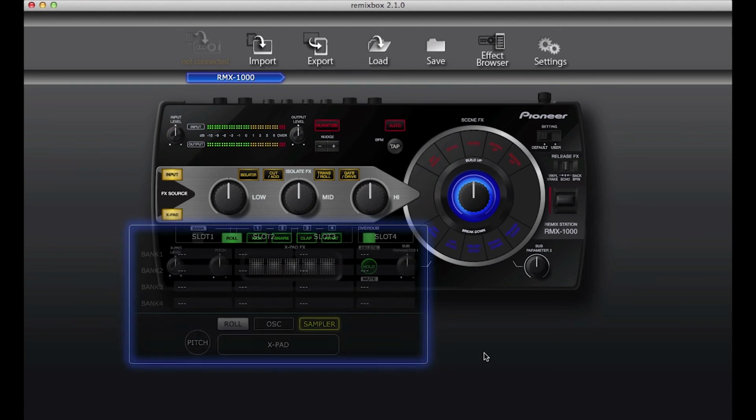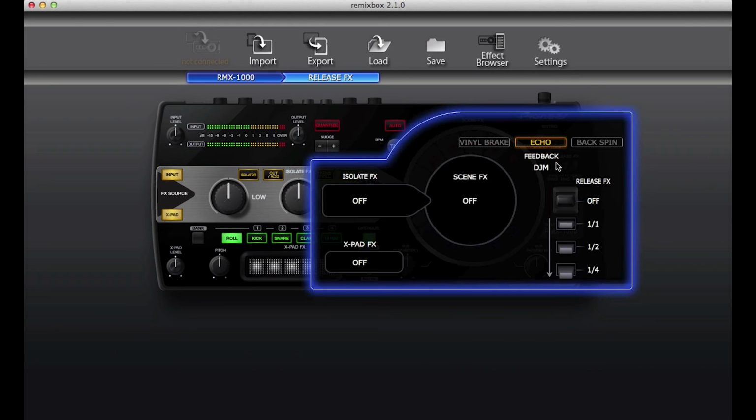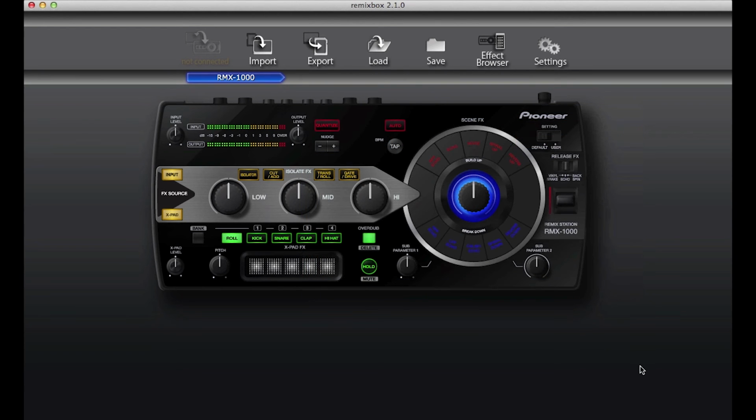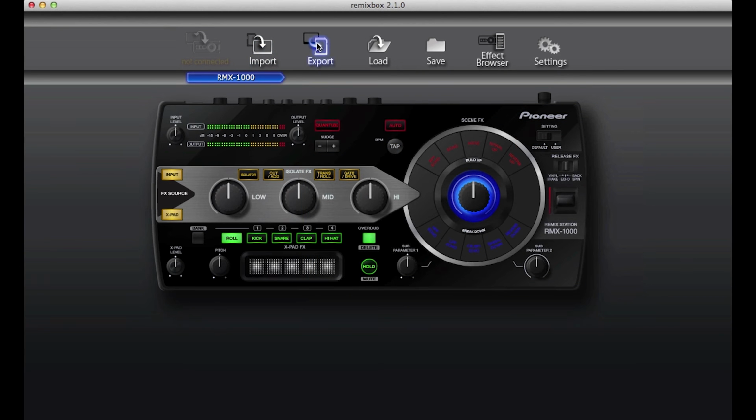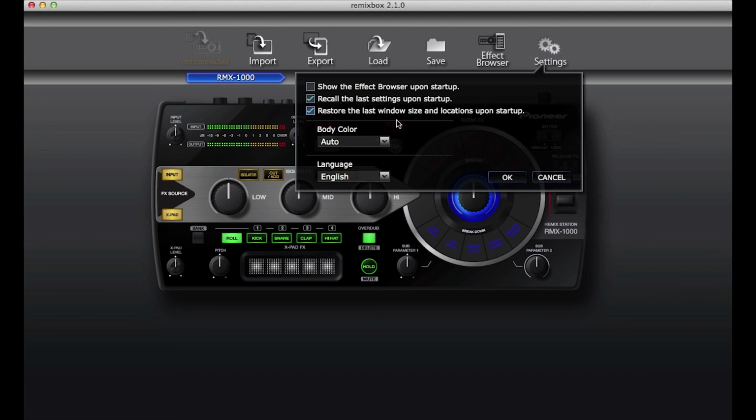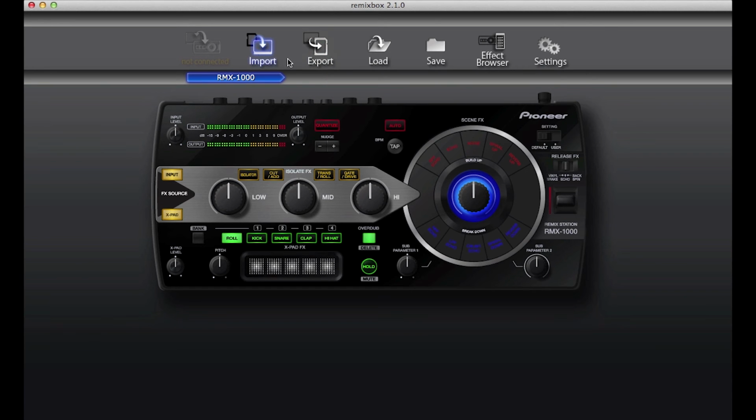Once you've gone through and decided, okay, I want this, I want that. Right, let's have a look at the scene effects with my echo. I want it to do this, I want it to go on 1 beat, half a beat. You then can export this to your SD card. Now, most computers come with SD card readers. You can also buy standalone SD card readers. All you need to do is go to export. There's also other parameters like import. You can load stuff, you can save things, you've got settings. Very, very, very simple. Once you've exported,